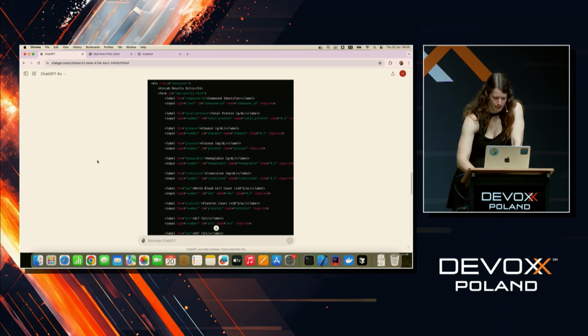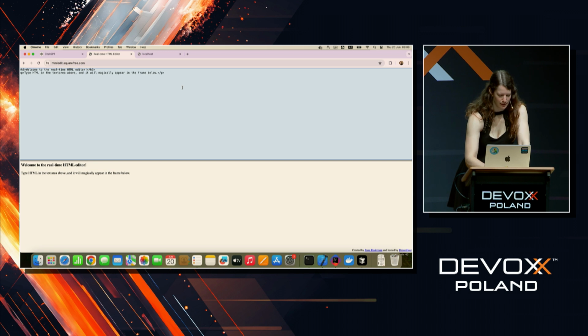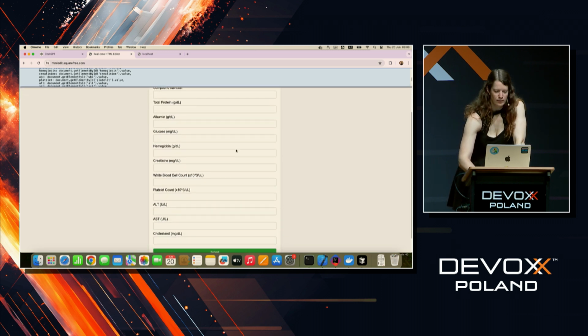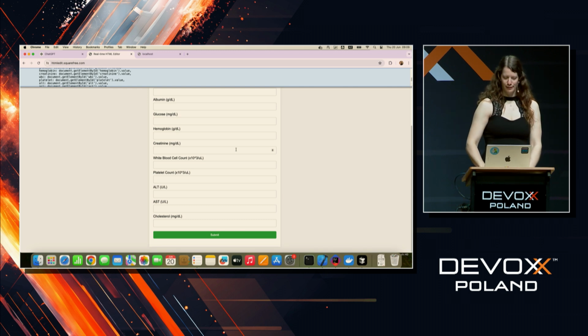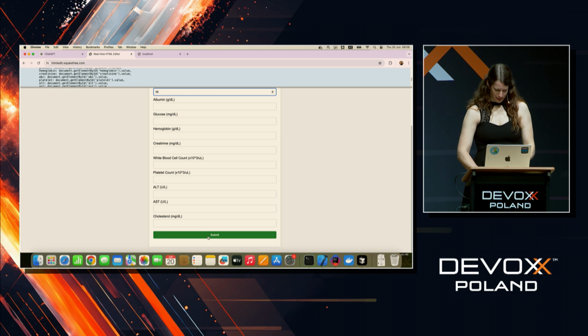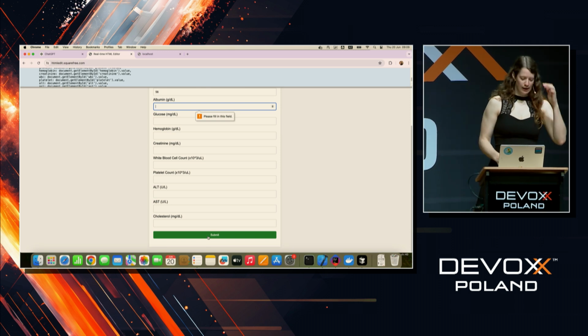By the way, in the meantime, our HTML is ready. So we can just copy this, and I'm just going to throw that in here, and then we can look at the results. So it looks okay, and I could ask it to make it a bit more colorful and a bit more fancy. So indeed, compound identifier, I'm just going to say molecule 1, and then fill in some data. And now I hope it didn't make the fields all mandatory, and I'm going to try to submit this. Yeah, they're all mandatory. Now I can ask follow-up things if certain things don't have to be mandatory, and it can go edit.